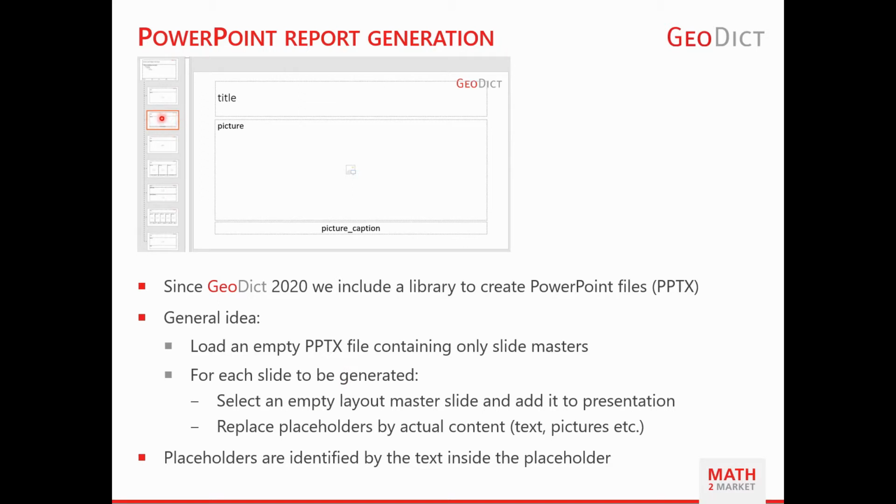For example, here, you pick this master slide up here, which corresponds to the layout of the slide that you want to generate. And then you see these placeholders here, where it usually says in PowerPoint, enter text or something. And you then go and replace those placeholders by actual content. So for example, you have this master slide here, which has a title placeholder, a picture placeholder, and a picture caption placeholder. Then you select this master slide, you give a title from within Python, you give a picture, and you give a picture caption, and add this generated slide to your presentation. And you do this one by one until your presentation is complete.